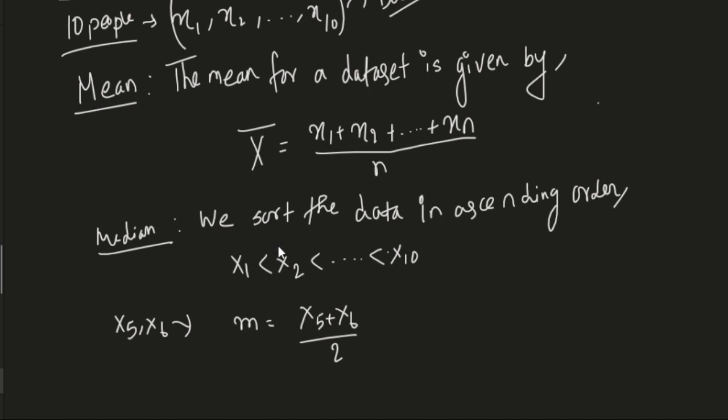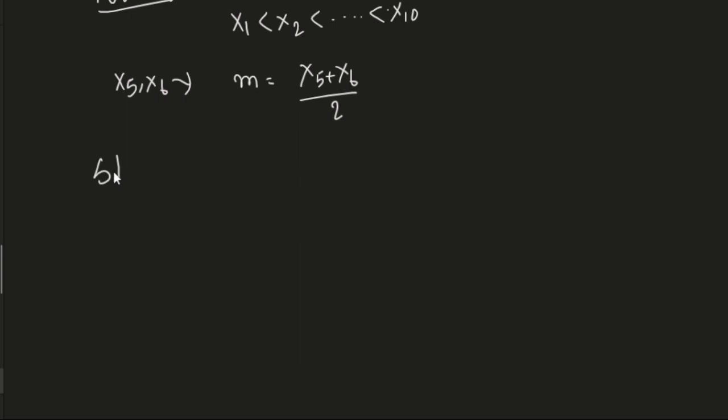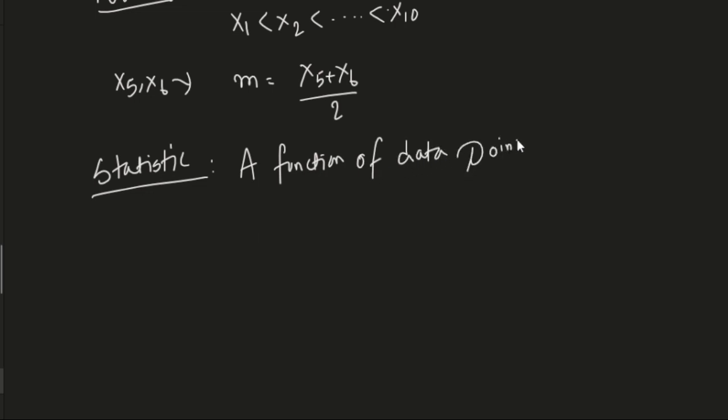So this mean, this median, whatever we're talking about, these are called statistics. So statistics are basically a function of the data points. So an example of a statistic would be